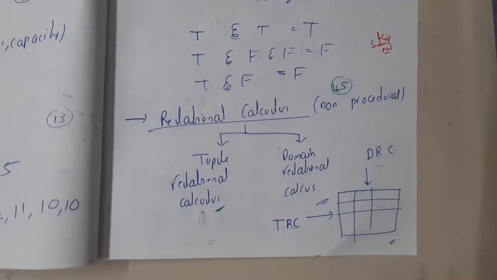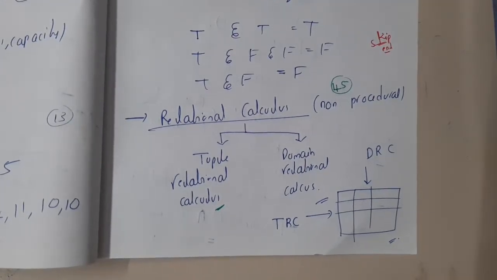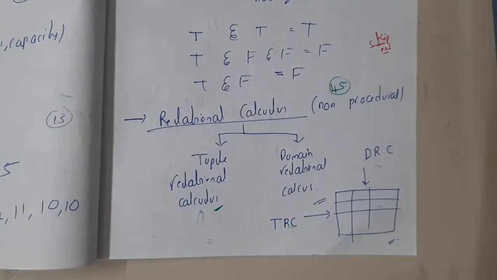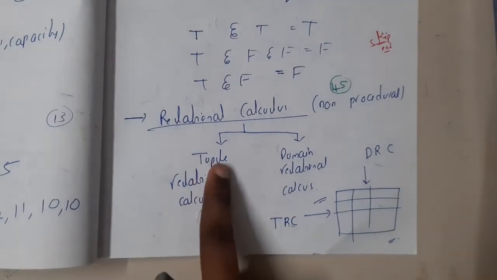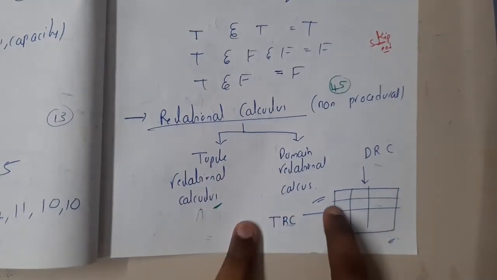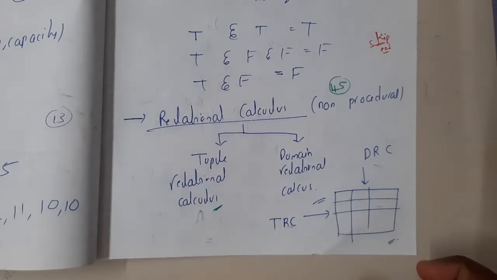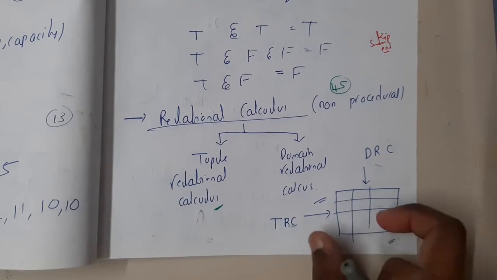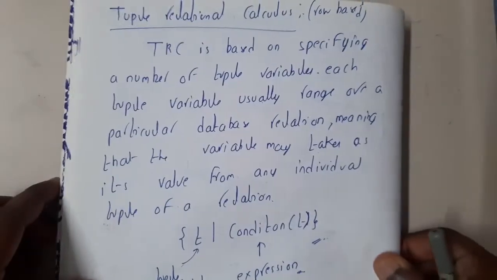In this lecture, let us go through the next topic, that is relational calculus. We'll be going through an overview about tuple relational calculus. So what is a tuple? A tuple is nothing but a particular row. In this calculus, we always target these tuples, like we will target these rows. So let us start.